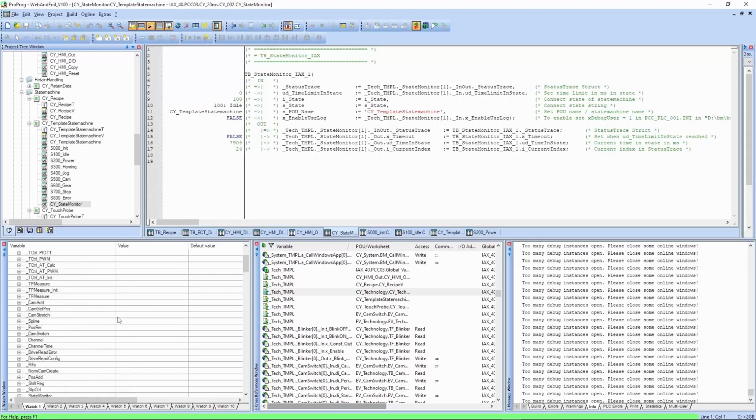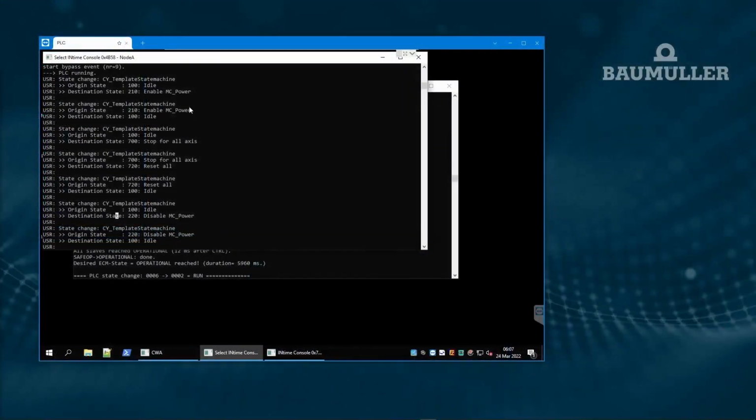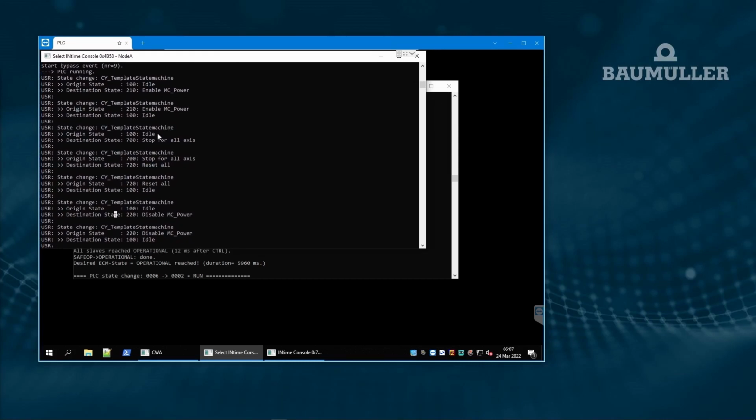And one helpful function is the enable user log. That enables you to put a logging in the Windows command line window. So let's try that, and we're setting it to true. And now what you can see, if we go to the PLC window here in the node configuration, you can see a user logging, and this tells you more about what is happening